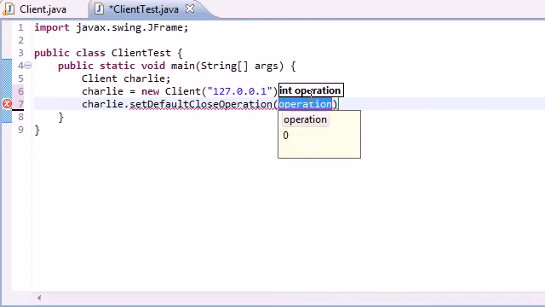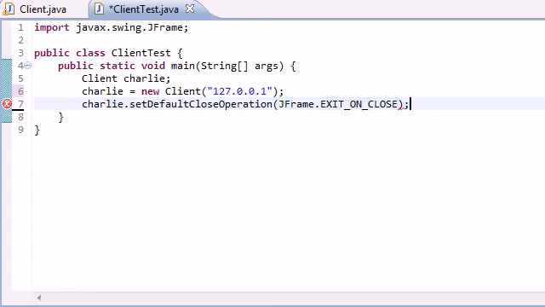and put JFrame.EXIT_ON_CLOSE. Just like that. Now, last but not least, remember, after we're done creating the object itself and giving it a close operation, which basically means close when I tell you to close,